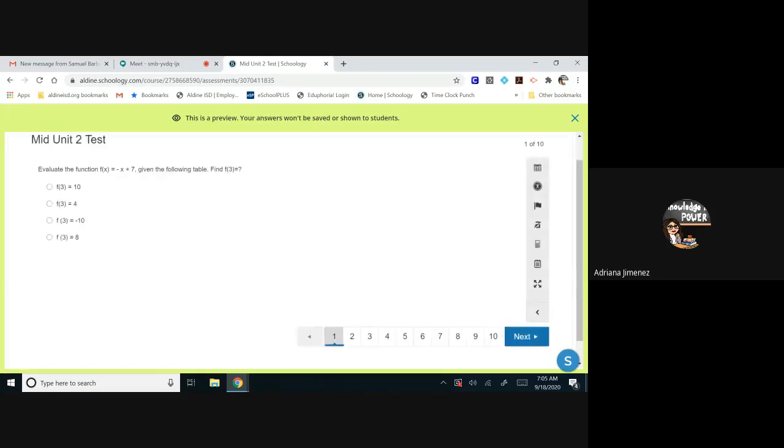All right, so here it is. You have 3 attempts. Evaluate the function f of x given the following table. Find f of 3. They didn't give us a table, but that's okay. All we have to do is